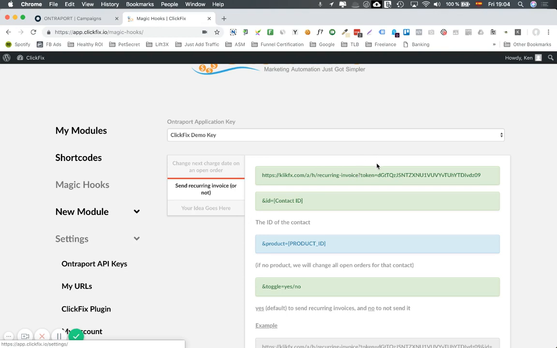Now, after selecting your Ontraport Key, you'll see that the base URL changes to show your unique token. Basically, from here, all you need to do is add the URL parameters that'll tell Ontraport which orders to modify and whether you want to turn on the recurring invoice feature or turn it off. The "&id=[contact ID]" parameter is required for the webhook to function properly. No need to change anything here because Ontraport's system will automatically replace the contact ID with the correct one when